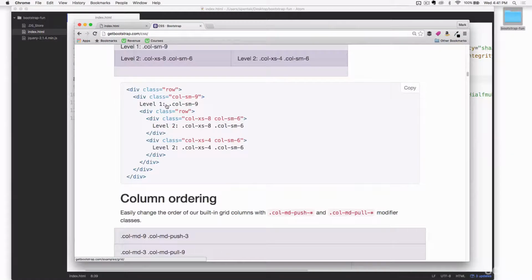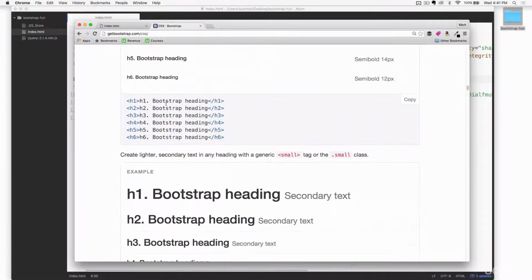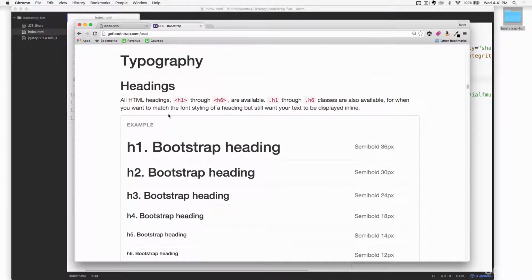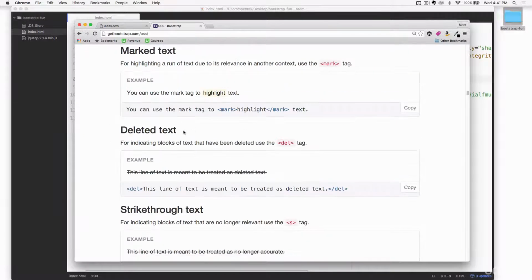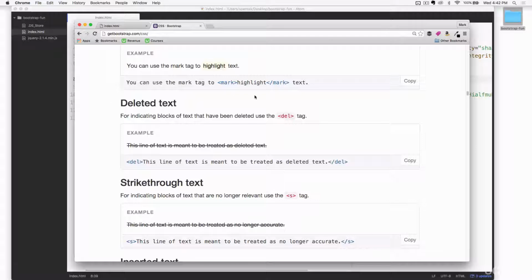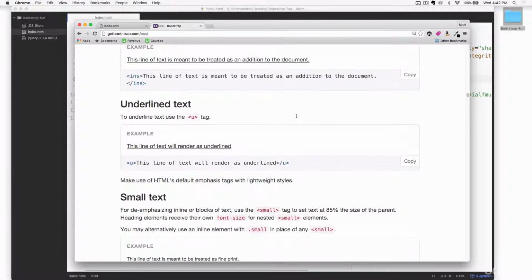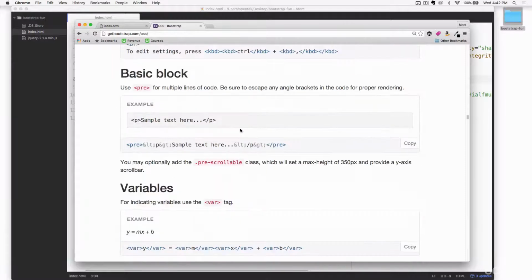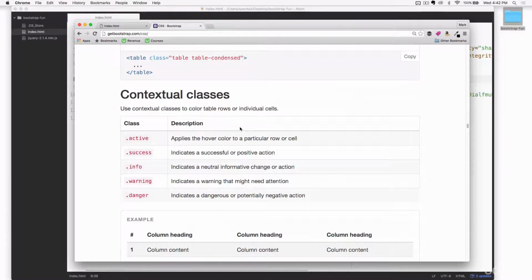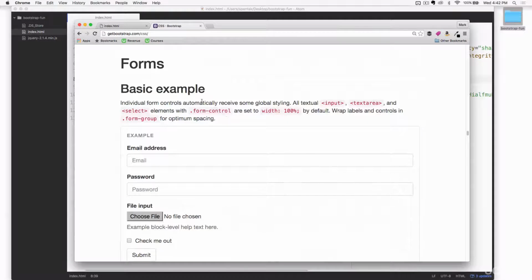If you scroll further down, it talks about the different things that it styles for you. It automatically styles headings all the way down to H6. It's showing you different things you can do with Bootstrap using different tags and classes, like centering, addresses. If you want a good insight into what Bootstrap can do for you, just go look at the Bootstrap examples here